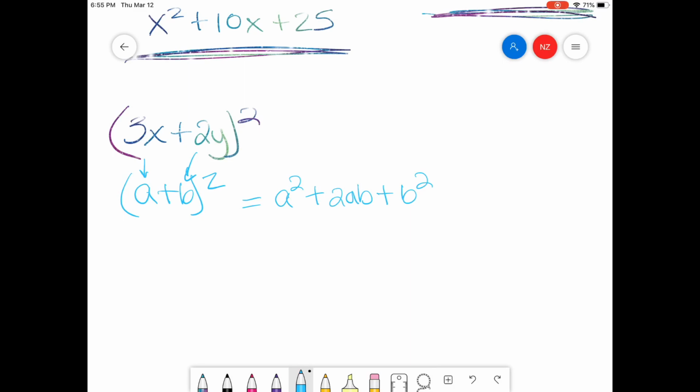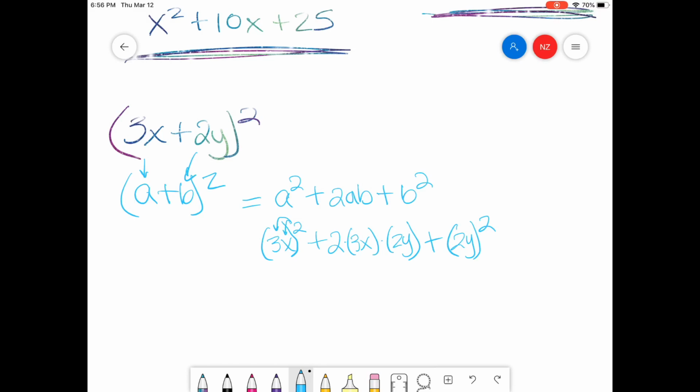So if a is 3x, I'm going to do 3x squared plus 2 times whatever a is times whatever b is plus b squared, in parentheses 2y squared. I have to put it in parentheses because I'm not just squaring 3 or x, I'm squaring the whole term. So don't forget that when you're simplifying this out, the 2, the squared, goes to the 3 and the